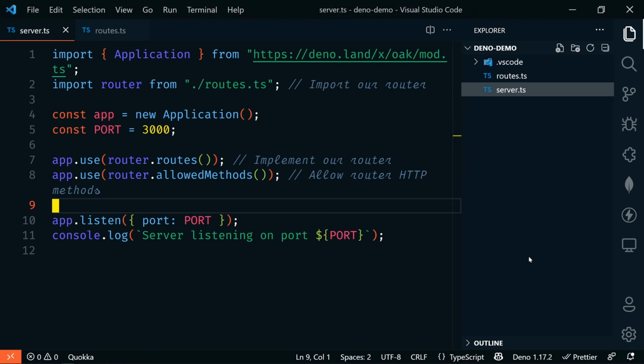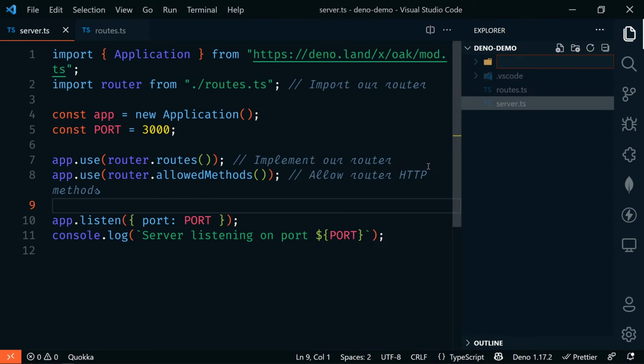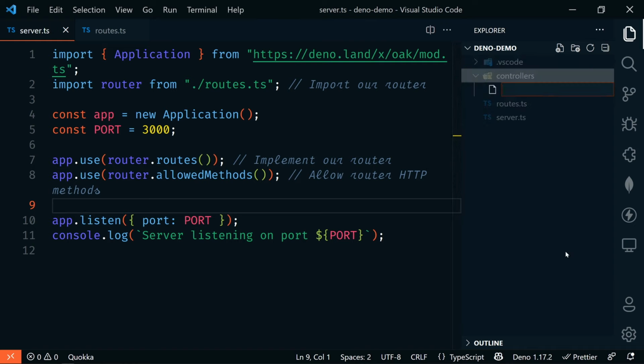At this point, we need to set up each function for each route. Now these will be responsible for creating, reading, updating, and deleting documents in our MongoDB database. So let's create a new folder. We're going to call this controllers. And then within that, we're going to create a new file and call this